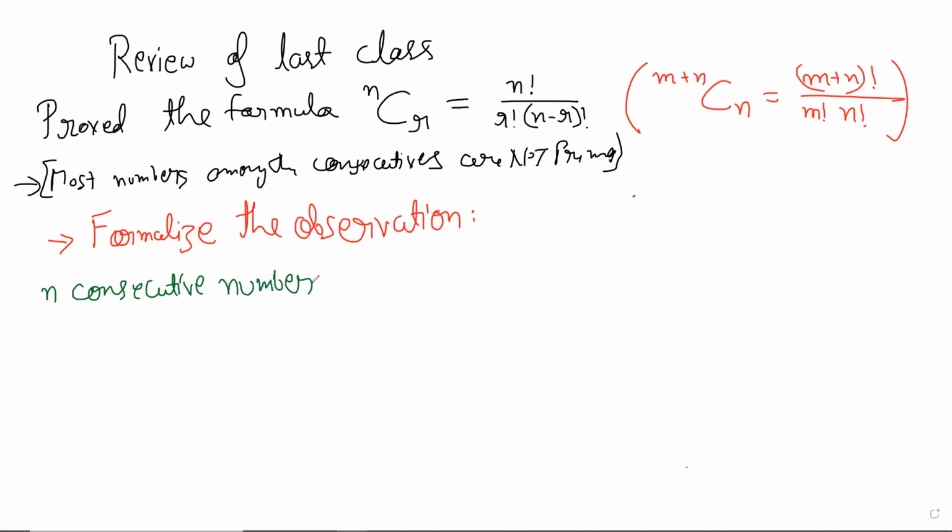It can be proved by other ways also, induction and all, but what we'll see will be a more direct proof, and it will be one of the results of the type that is to come, that is proving number theoretic facts using combinatorics. Okay, so N consecutive numbers is divisible